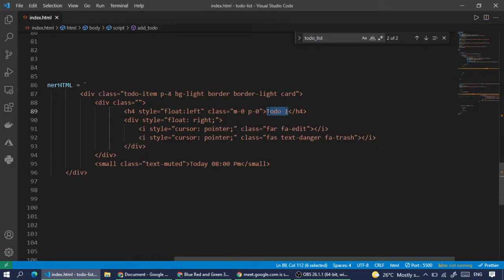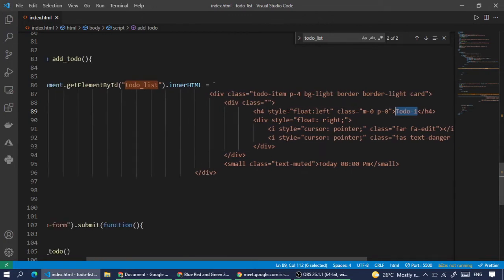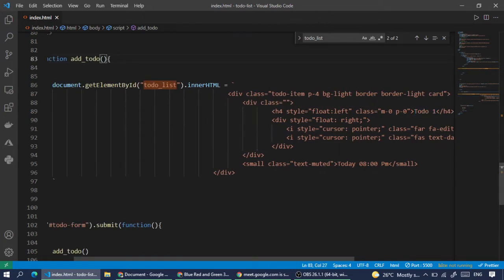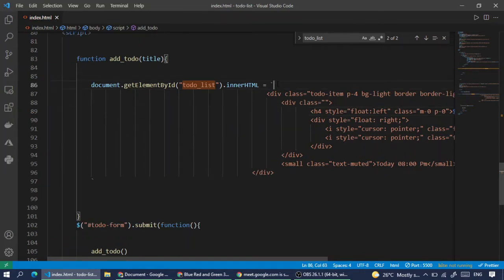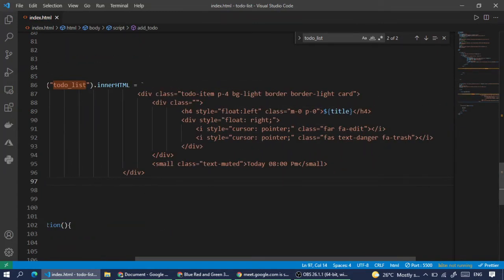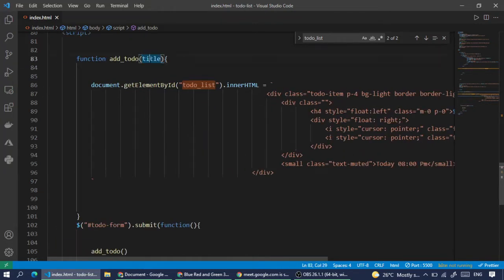But what if we wanted to make it dynamic, and whatever title we are passing as a parameter, let's say title here, I'll replace this with title. The benefit of using backticks is, see, I have used backticks here, and whenever I want to add any dynamic variable instead of static text, I pass a parameter to this function while calling it.